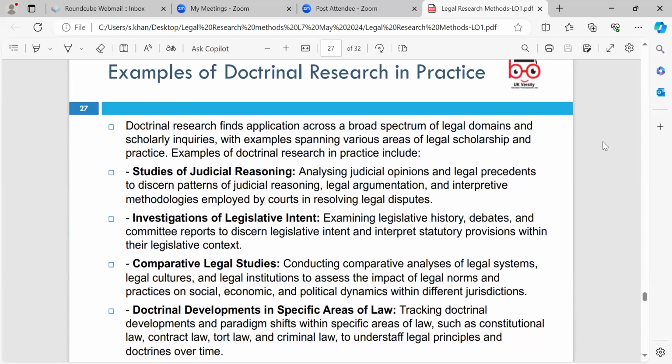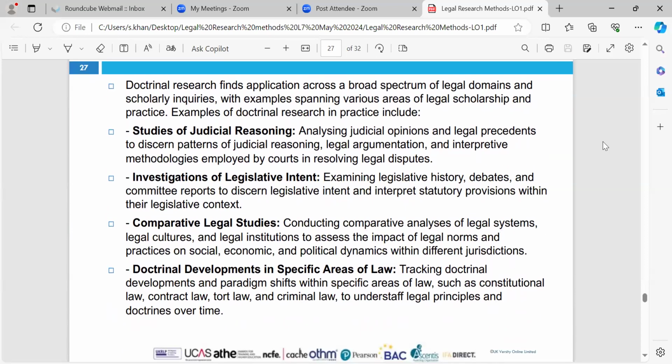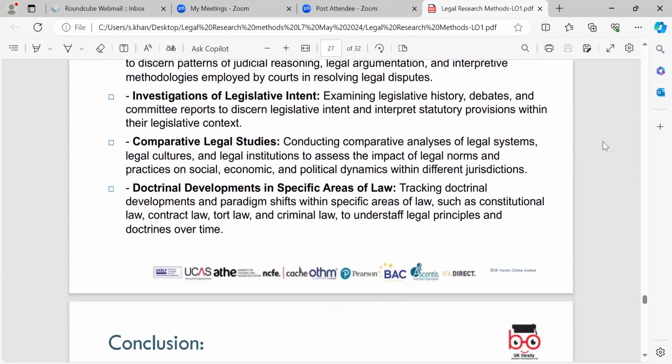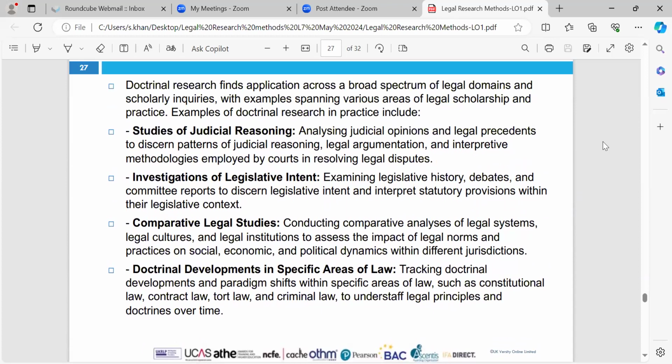Examples of doctoral research in practice. Doctoral research finds application across a broad spectrum of legal domains and scholarly inquiries, with examples spanning various areas of legal scholarship and practice. Examples of doctoral research in practice include studies of judicial reasoning, analysing judicial opinions and legal precedents to discern patterns of judicial reasoning, legal argumentation and interpretive methodologies employed by courts